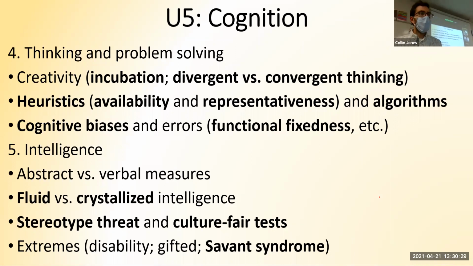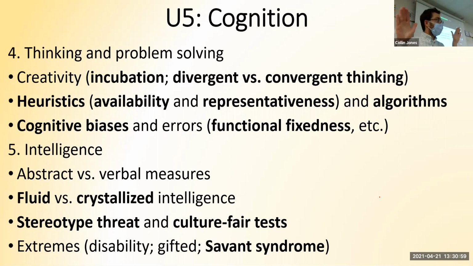After we talked about memory in this unit, we talked about problem solving, how creativity works, how sometimes your brain needs to incubate. It needs to rest and think about a problem overnight or for days. We talked about when you're trying to get to a single answer, convergent thinking, versus when you're trying to come up with lots of different creative solutions, divergent thinking. Some people are good at finding the right answer on a multiple choice test, but they're really bad at being creative. It's different types of thinking, different types of intelligence.